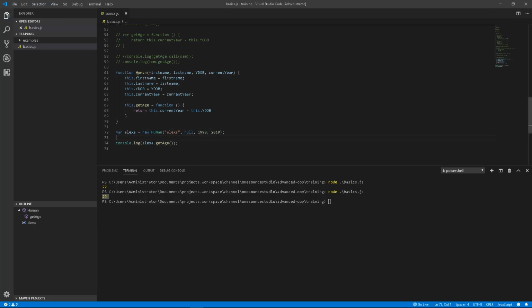This getAge is a property of this keyword. So we're getting it from a function that's being pointed to by the human constructor. So the age is 29, and that's a way of creating objects. Another way of doing it